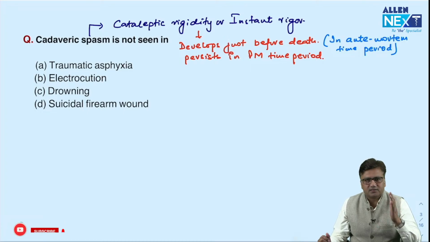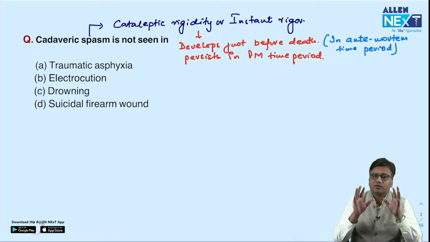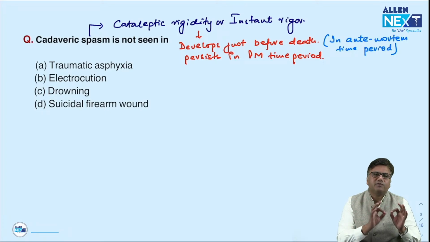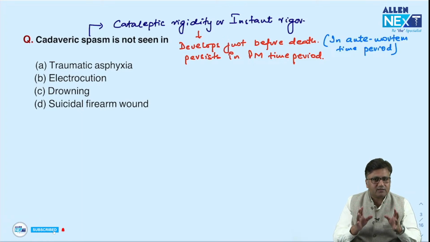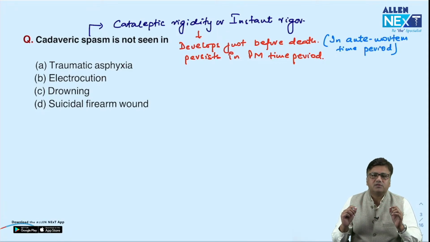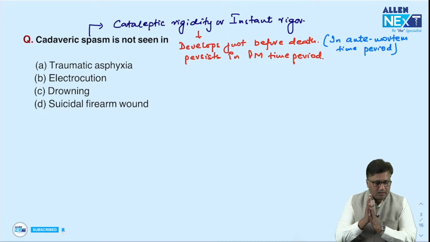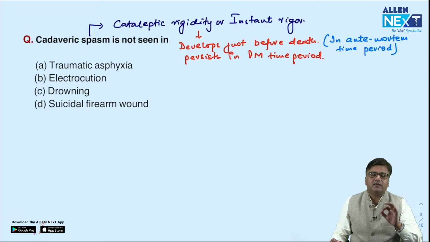time period increases. Cadaveric spasm, on the other hand, which looks like rigor mortis, because in cadaveric spasm also there is rigidity in the body, but it is developing in the antemortem time period just before death, and the rigidity persists in postmortem time period, which means the moment you will see a dead body, even if it is a fresh death, if certain body muscles have developed cadaveric spasm, you will be able to see rigidity in those muscles instantly. Okay. The important features to remember about cadaveric spasm, apart from the fact that it develops in the antemortem